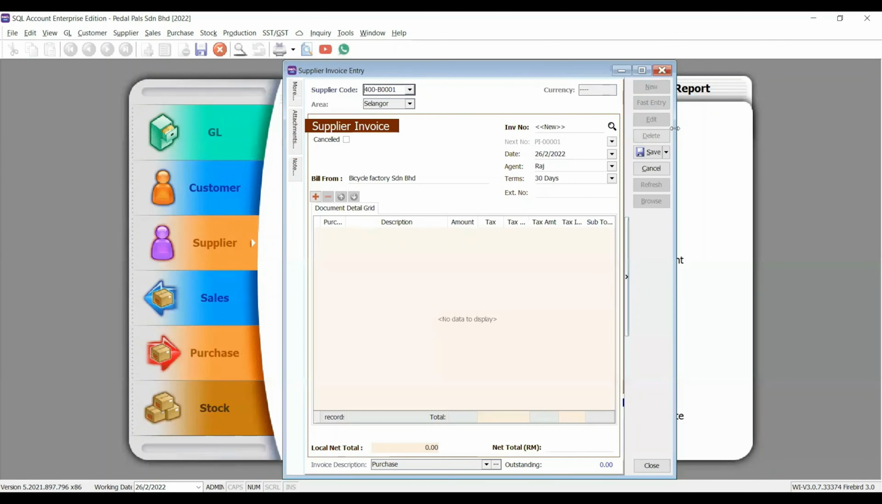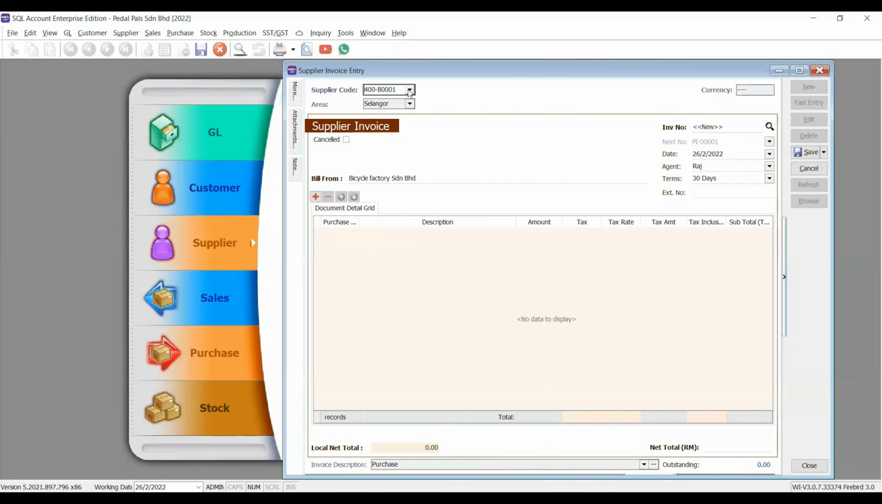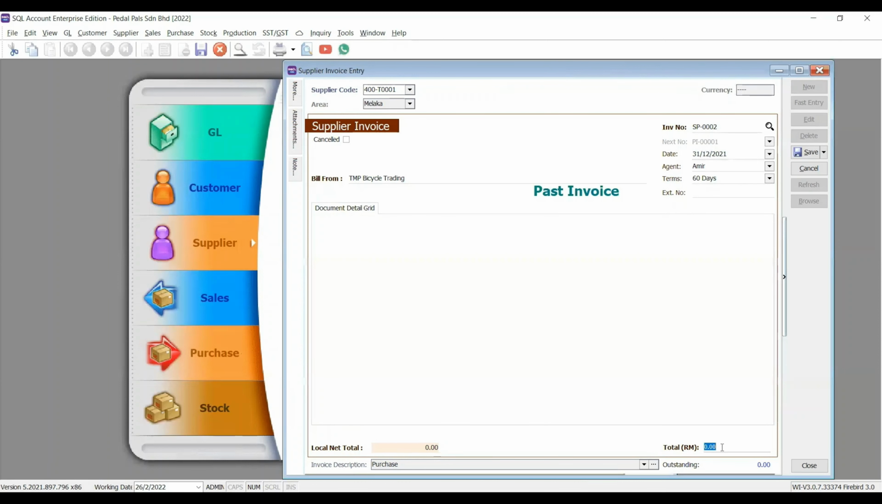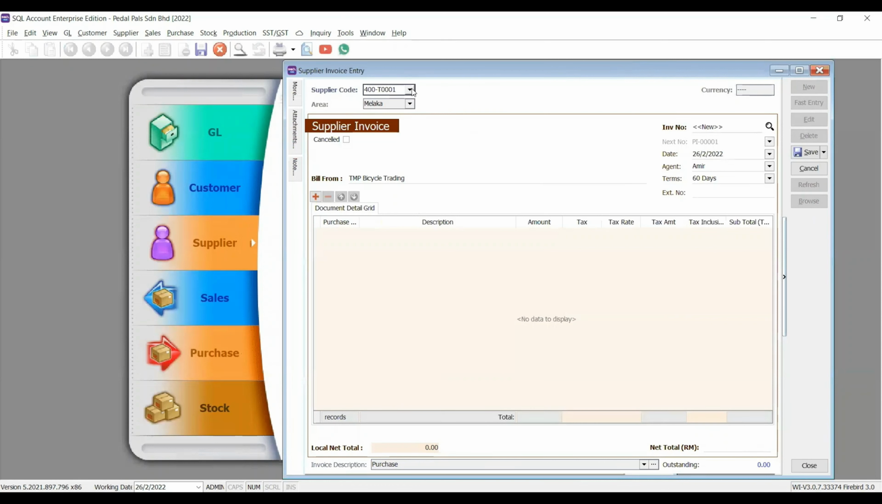After that, click new, and our supply code is 4003001 for TMP Bicycle Trading, and our invoice number is SP002, and our date is 31/12/2021, and our amount is 23,000, and click save, and our third supply code is